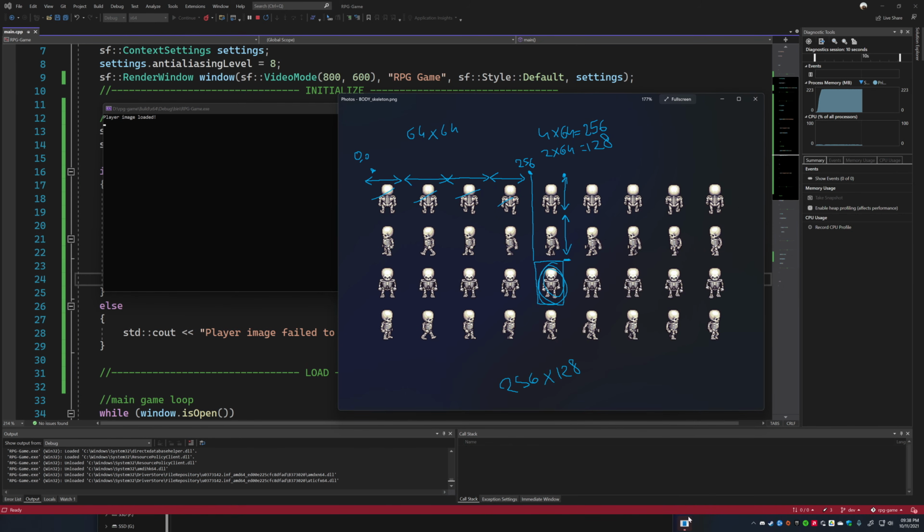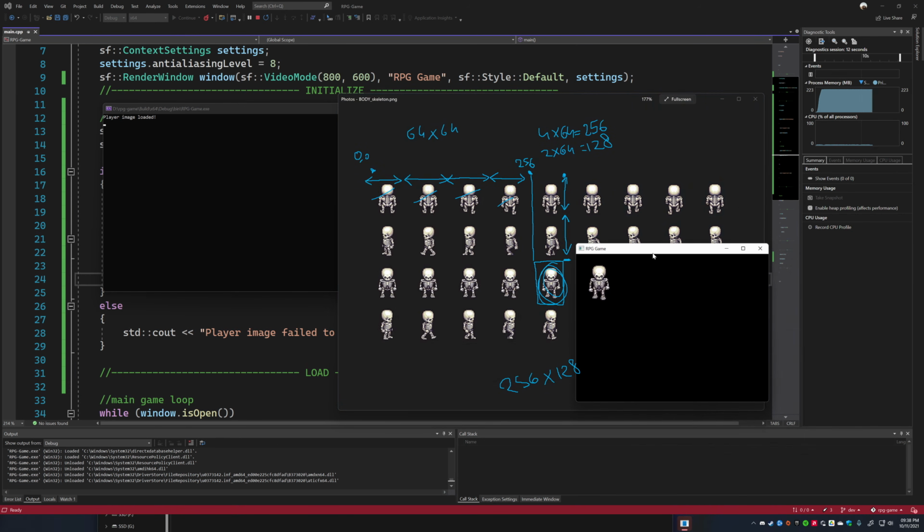Where's my program? Right, let's see. Let's compare. Let me delete this. Does this look like the same image? Look at his hand. Yep. Right? His hand is at this little bit of bone, which is a little bit higher. This is at the bone. This looks a little bit different.